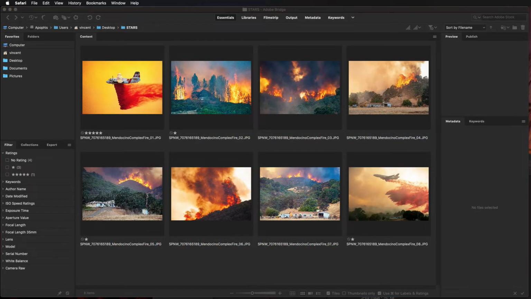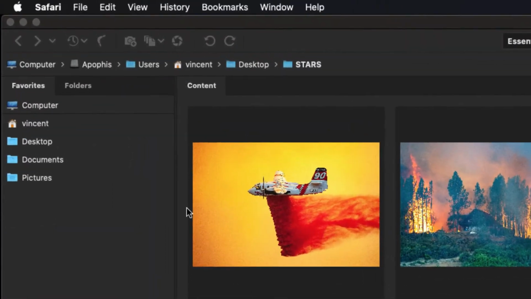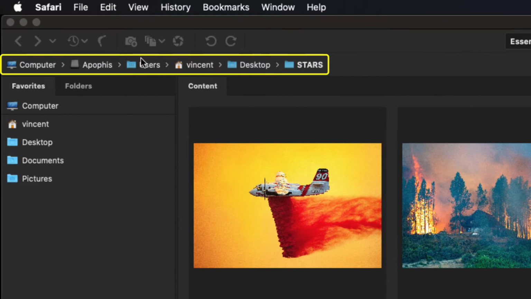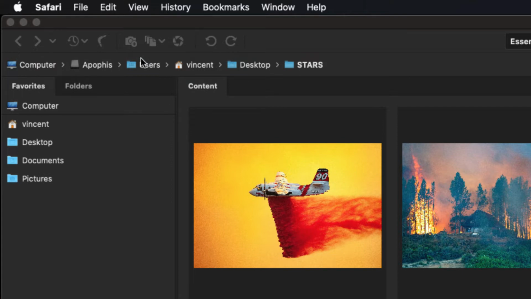Next, we need to know about the path bar. That's in the upper left of your window, and that basically shows the file path on your computer to the folder that you're viewing. So right now I'm viewing a folder called Stars that is on my desktop, which is in my home folder, which is in my users folder, my hard drive, and my computer. You can always use the path bar to quickly find where the folder you're working on is located on your